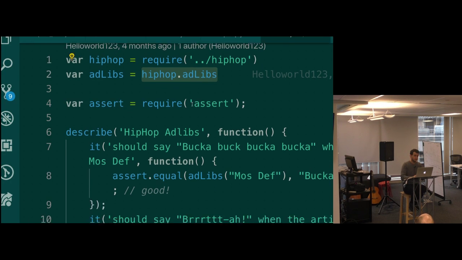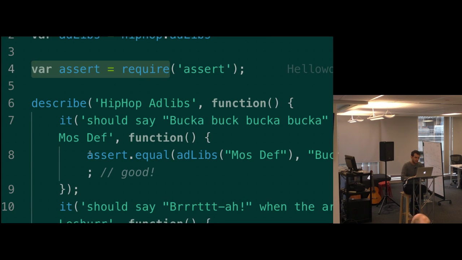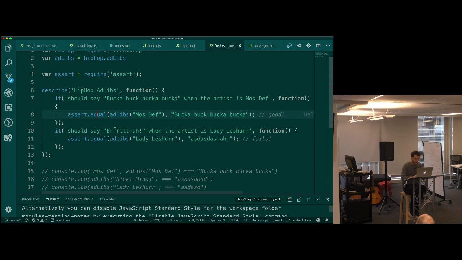And then I use a thing called assert. And assert is just a series of functions that are going to make it simple for me to write checks. Like checking to see if a number is bigger than another number, or checking to see if two values are the same, or checking to see if two values are not the same. Instead of writing that out in awkward JavaScript like double equals or greater than, it'll let me write almost plain English, right? Assert that these two things are equal or something like that, right?